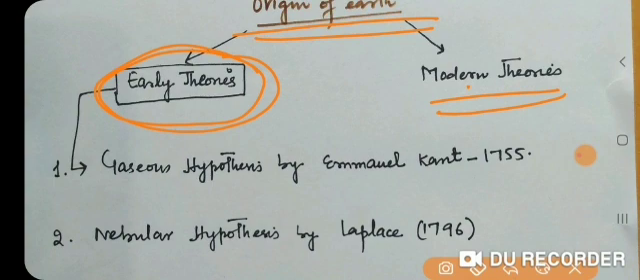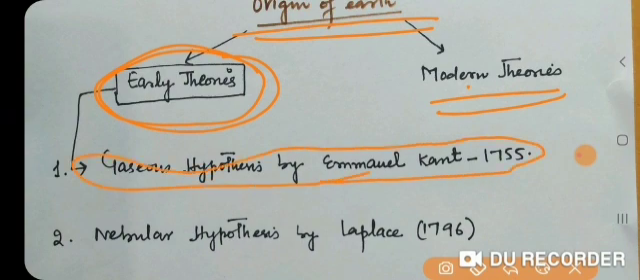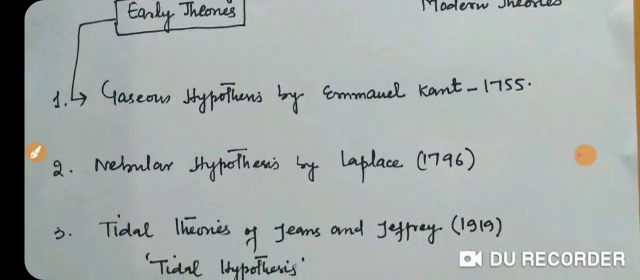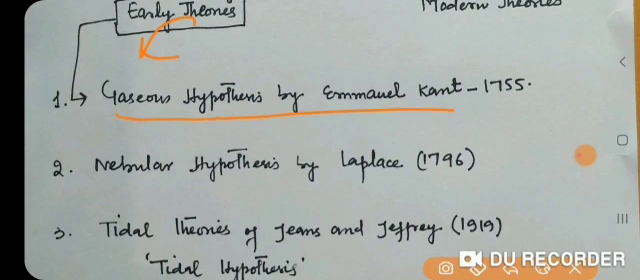One of the important early theories is the gaseous hypothesis by Emmanuel Kant of 1755. According to this, our Earth originated 4.6 billion years ago. According to this hypothesis,